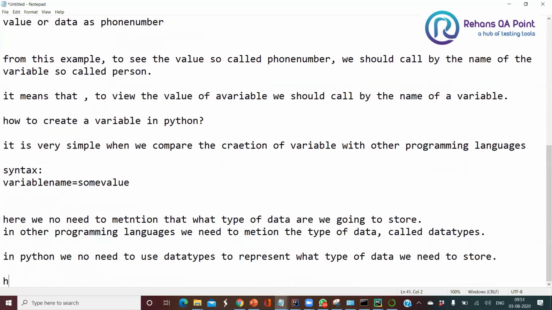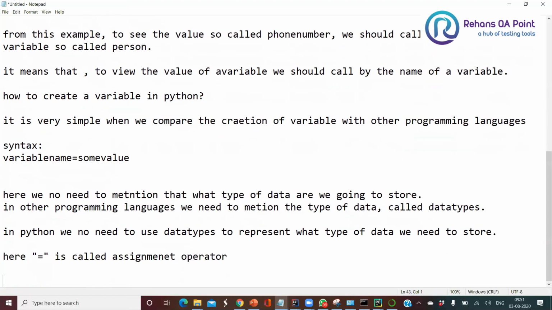Here, equal to is called the assignment operator. Here we are assigning some value to the variable.